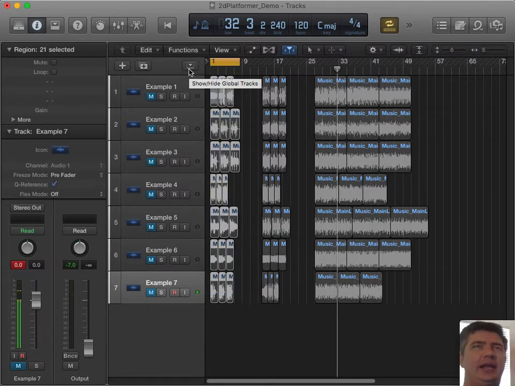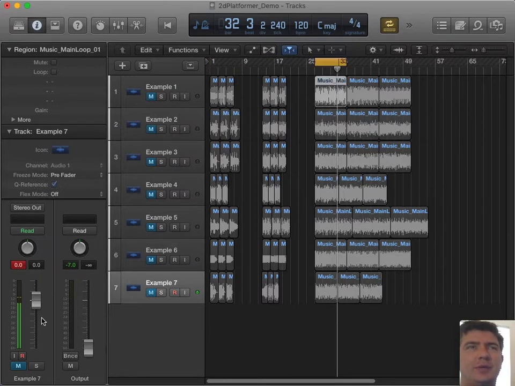They're only in this order because of how they're imported alphabetically. So I'm going to go through and play a couple of these main loops and a couple of these compositions and just point out a couple of ideas and things to pay attention to. So let's start with the first one here.